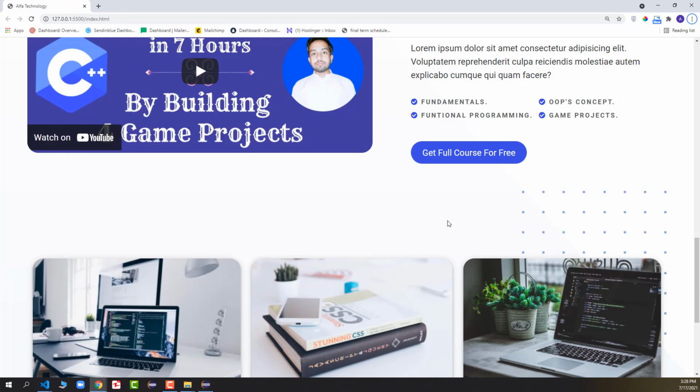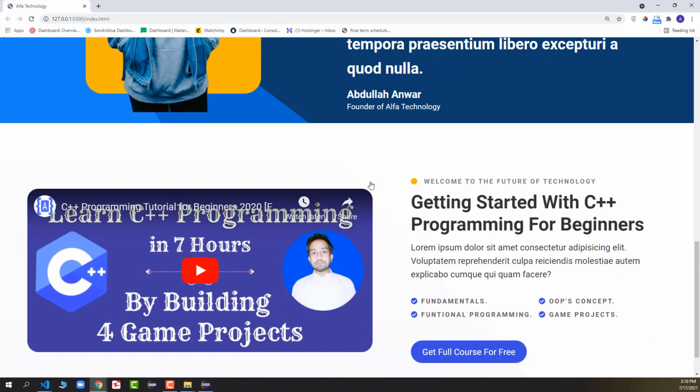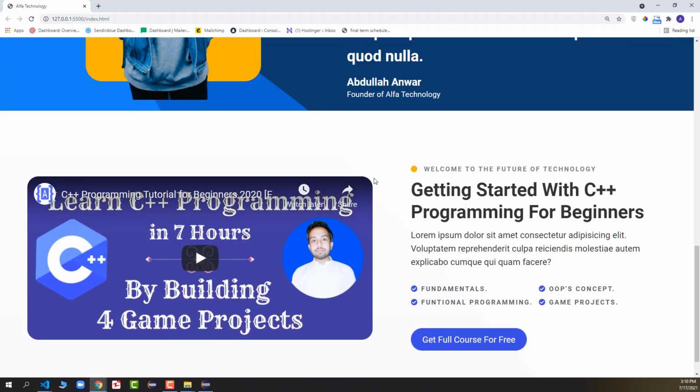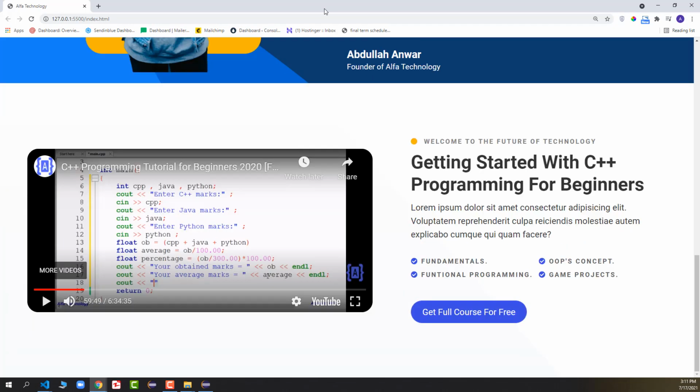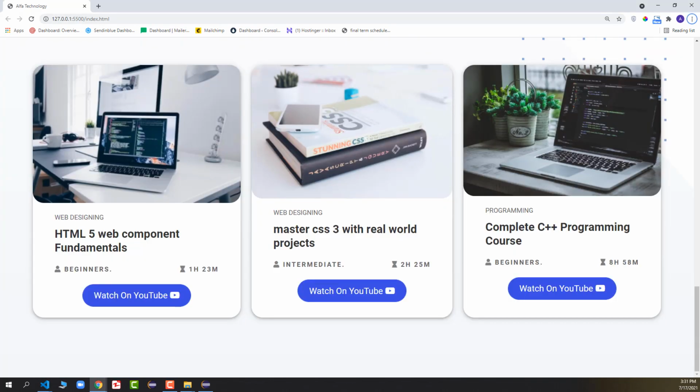So these dots are looking great, and they are making the more courses section a little bit prettier. And this is how we can design a courses section in which we have a featured course. In the featured course, we have a beautiful video embedded from YouTube. Then we have a small heading, the title of the featured course, and description along with the main points, and a button to the featured course. And then we have 3 more courses, and in the more courses we have a beautiful card for each course. We have difficulty level and the duration of the course, and we have a button which will navigate the user to YouTube. And that's how we can design the more courses section using only HTML and CSS.